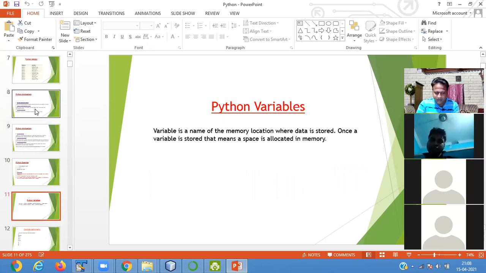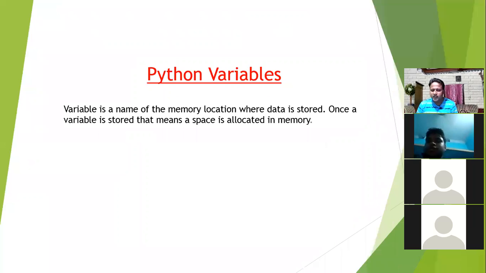What is a variable? As you know, in other programming languages, a variable is a memory location where you store a value. For storing a value you require storage. Like when you are going to your college, to keep your books and your laptop, you require a bag. In a similar way, when you interact with the user, for taking the value we require a particular word. You can say a space is required.